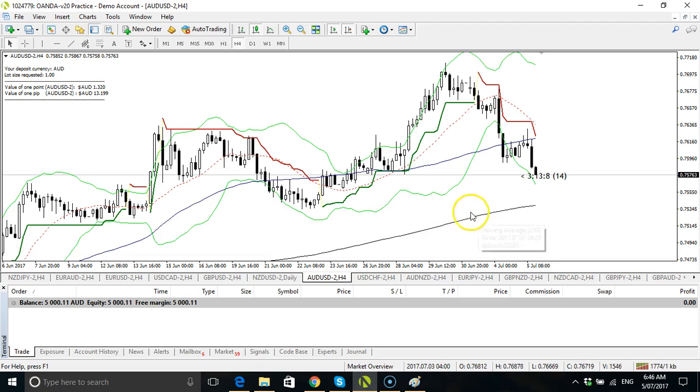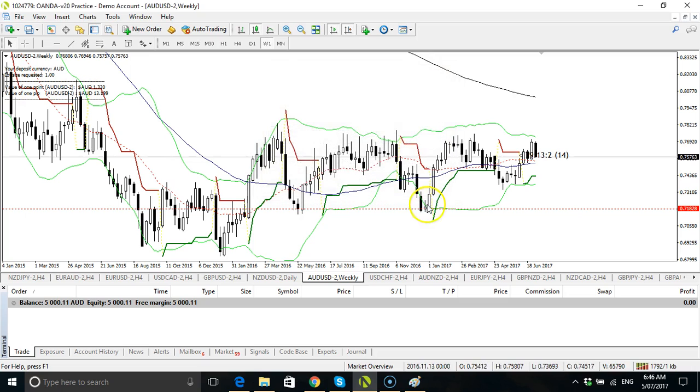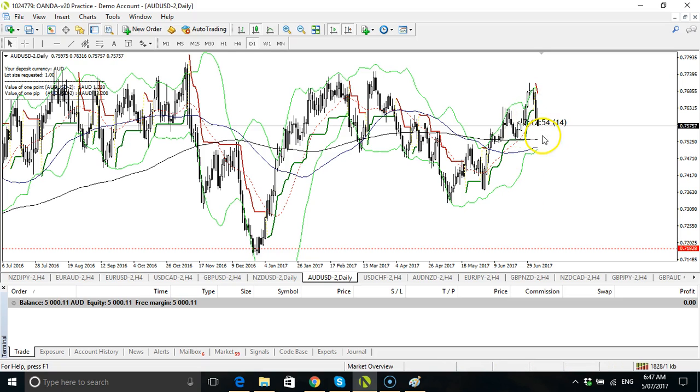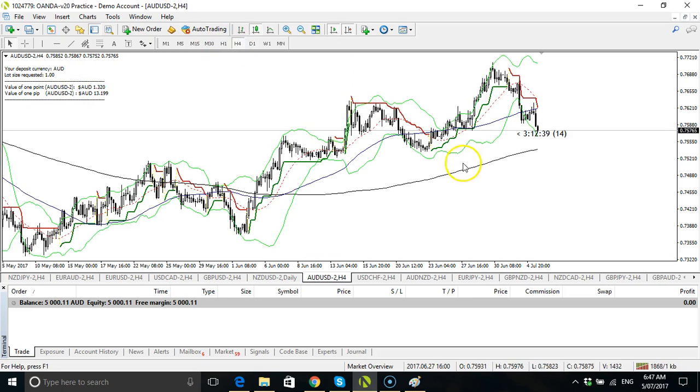So Aussie's not. If we go to the weekly, it's just not. I like to see the weekly on the USD. But even the daily, it's just not. We zoom out, and it's not. It's still in a bit of an uptrend. This needs to go down a bit further, probably clears this. There's a few touches here. I don't like to overanalyze. I don't like to overthink things either. But it's just not good enough for me. So we'll go to the